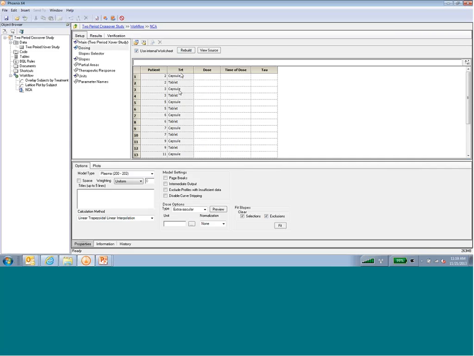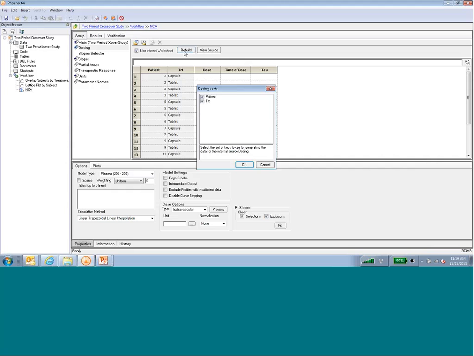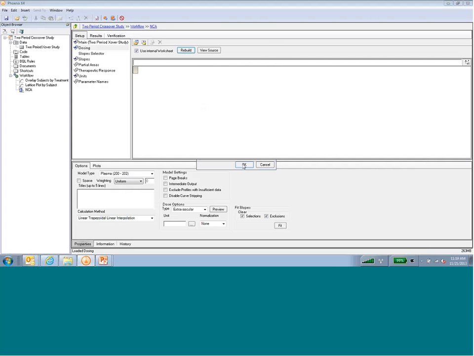If all of these are uniform, if the dose is 100 milligrams for every combination, you can click Rebuild, uncheck the dosing sorts, and then you only need to enter in the dose one time, and this is now assumed to apply to all subject treatment combinations. So if this is a 100 milligram dose administration at time 0,